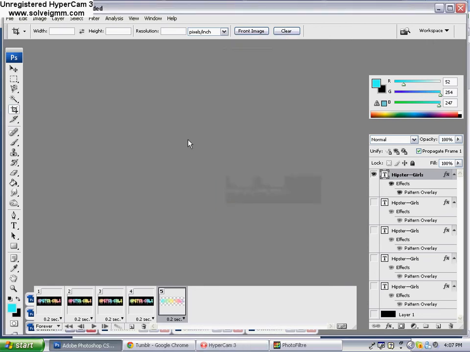Okay, hey guys, so I'm just going to show you how to do the basics of CS3, because some people still ask me, oh my gosh, how do you stroke it? How do you put a drop shadow? Blah, blah. Okay, so the first thing I'm going to show you is how to actually add a pattern to